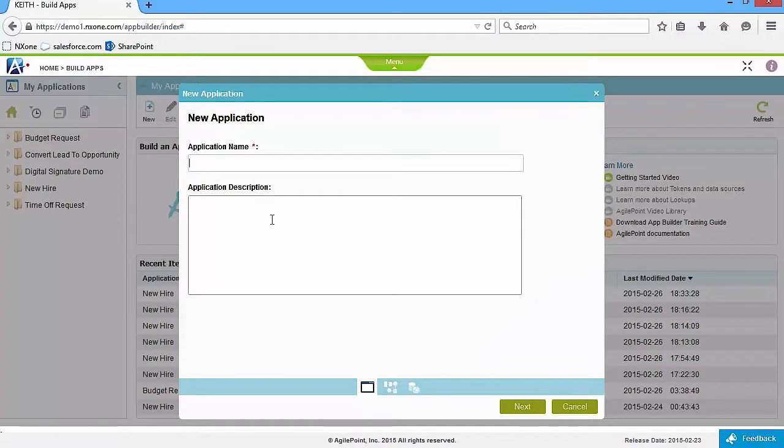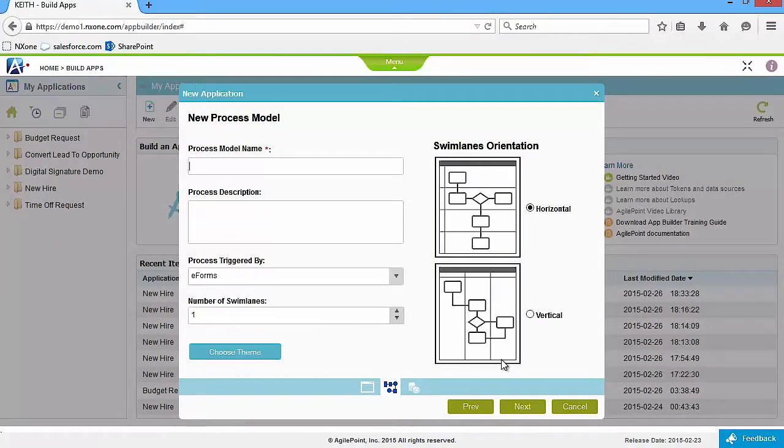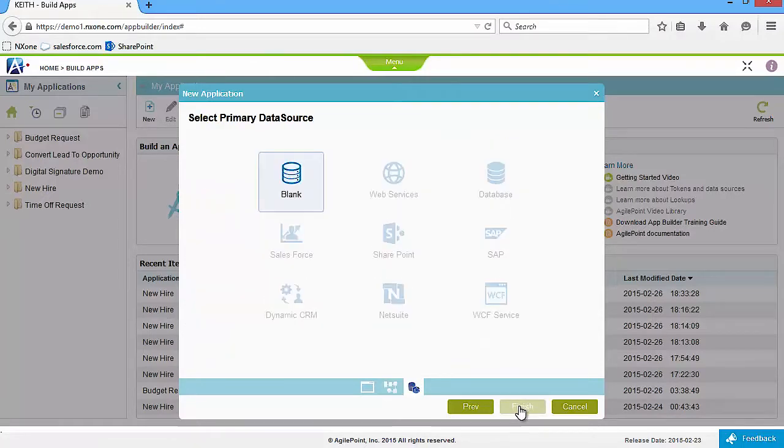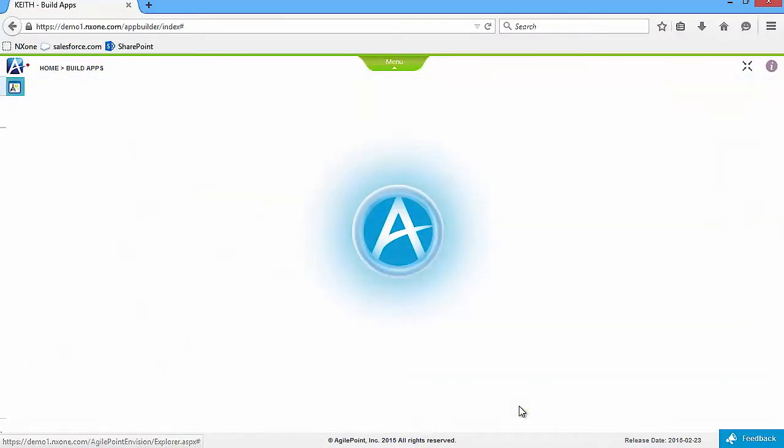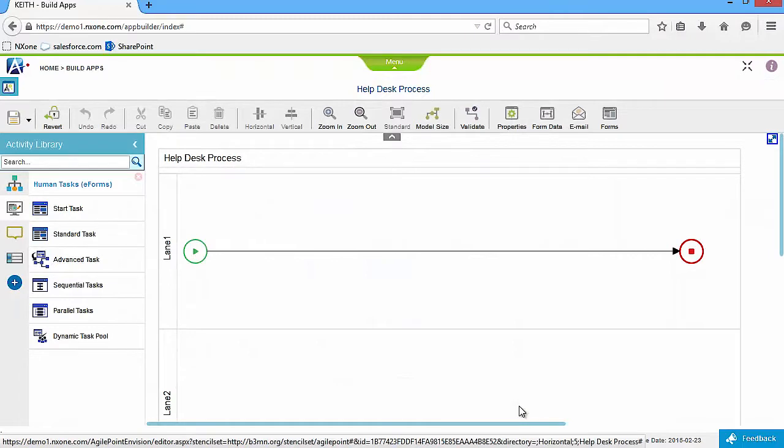Type Help Desk for the name of the application. Then click Next. Type Help Desk Process for the process model name. Move down to number of swim lanes and enter 5. Then click Next. At this point, the new application has been created and a process model has been laid out based on our